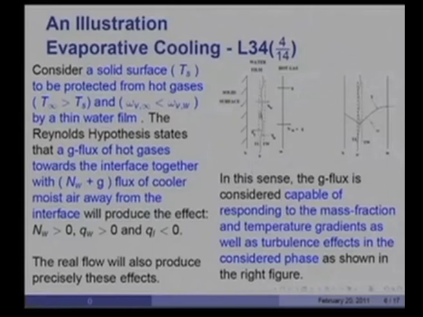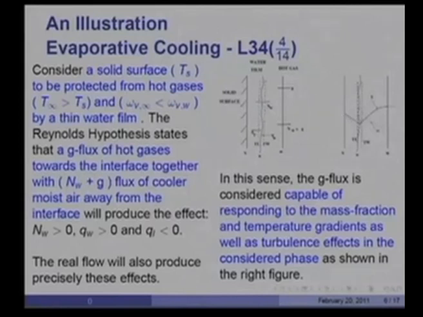Then what will happen is that the water film will evaporate, and in the process will receive heat both from the solid surface as well as from the hot gases. So, this is the likely temperature profile. Remember, in the absence of the film, probably the temperature would have been much higher than what is shown here. So, in order to cool down,